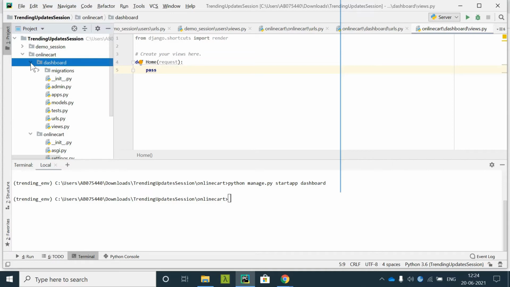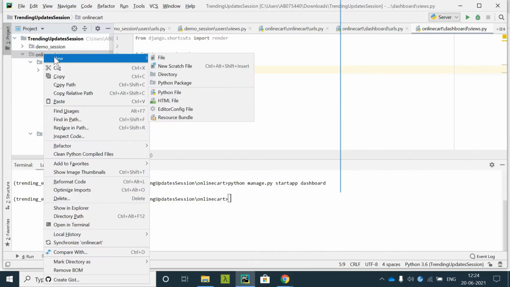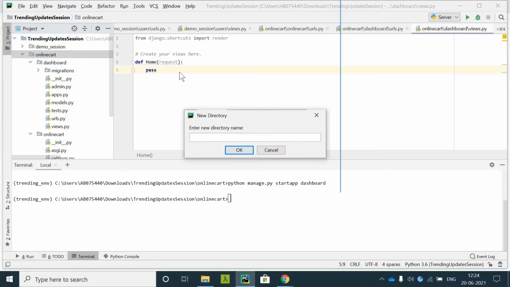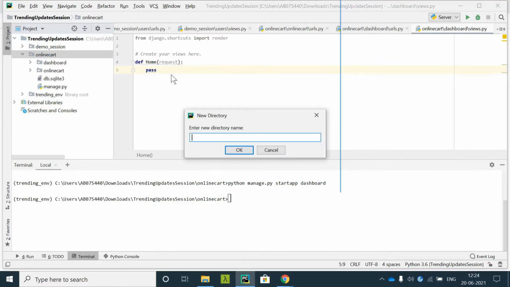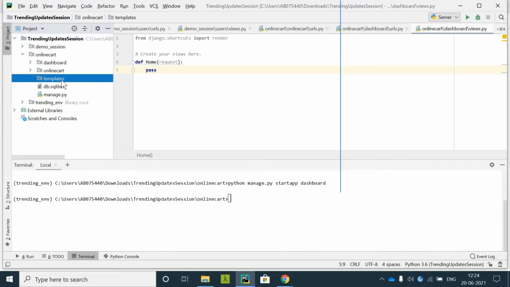So what I'll do is create the folder here itself, in the project directory, parallel to this, there will be a templates folder.